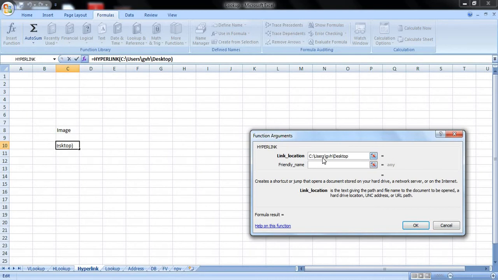in link location slash, we'll have to mention is what image you wish to open. Workplace dot jpg is the image that I wish to open, and you can give any friendly name if you wish, or any alternate name if you wish. Let me give GCC, click on OK.